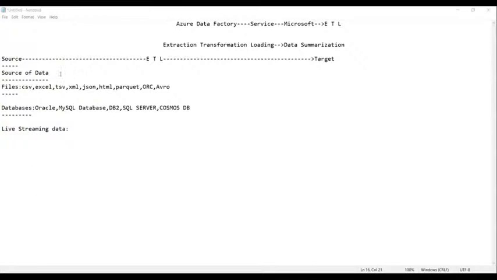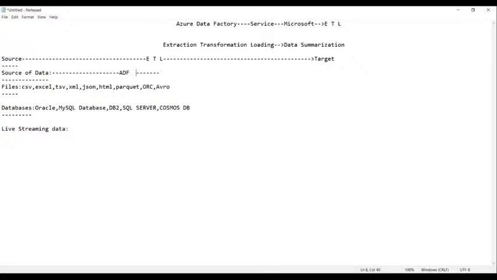Now further, from the source of data, the data is extracted. On all this data we use ADF, that is Azure Data Factory.